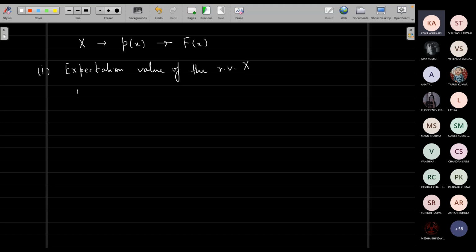And this is defined as the expectation value of a random variable. I write capital X. This is a general way of writing it. And this is defined as the summation of x_k p(x_k) for the discrete random variable. And this will be defined as the integral from minus infinity to infinity of x p(x) dx. Okay, let me just write down in full